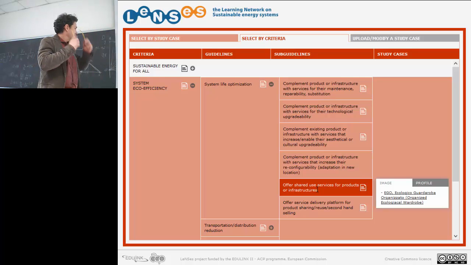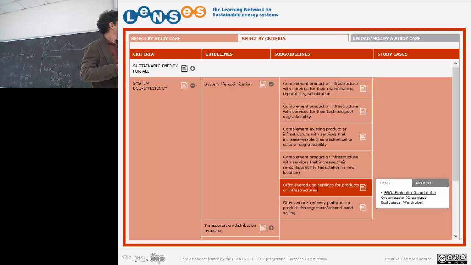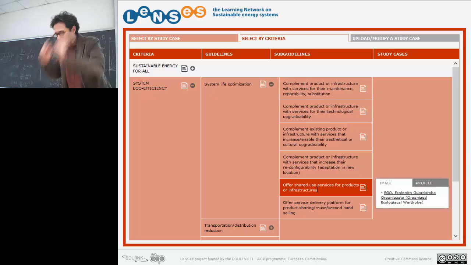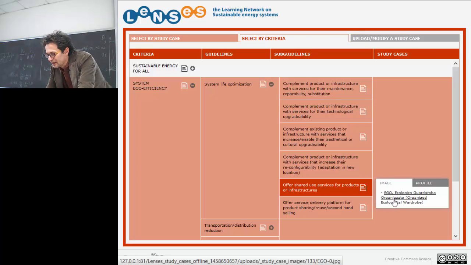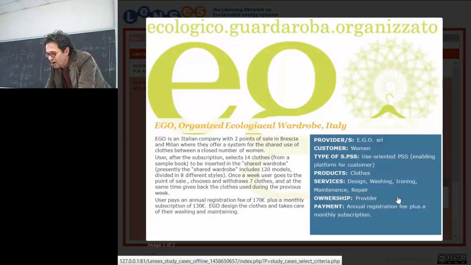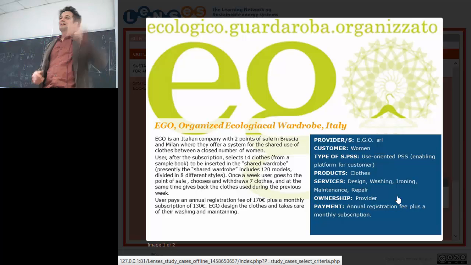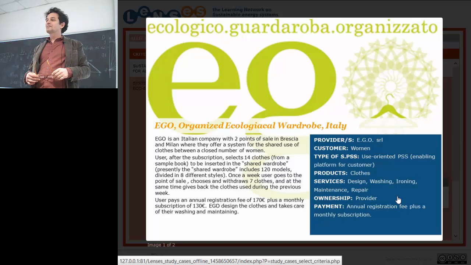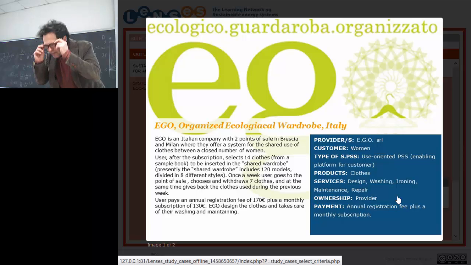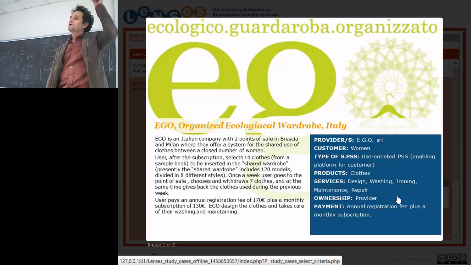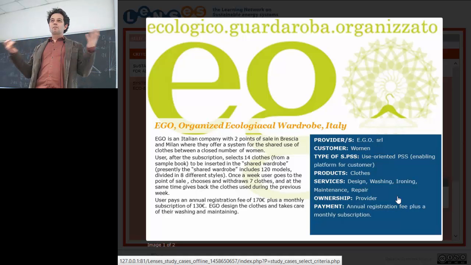Here we have another one. This is interesting: offer a shared use of service for products or infrastructure. In this case, the service is called, an Italian, very small company, Ecologico guardaroba organizzato, organized ecological wardrobe in English. It's a company that has, I think, two points of sale in Brescia and in Milano. And what they say, well,